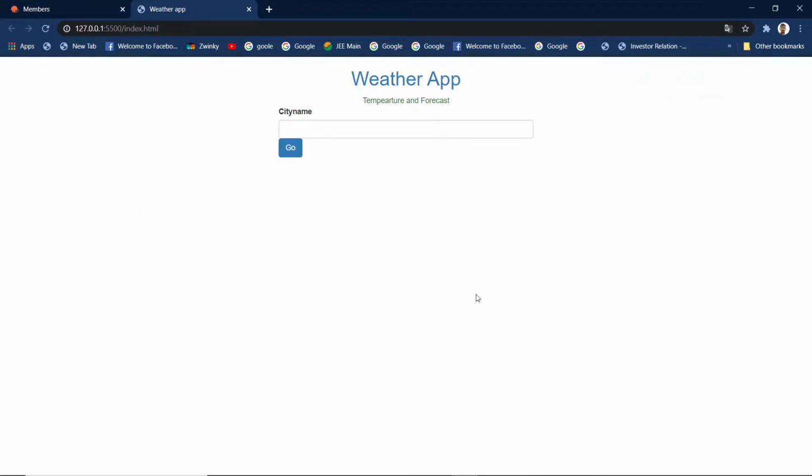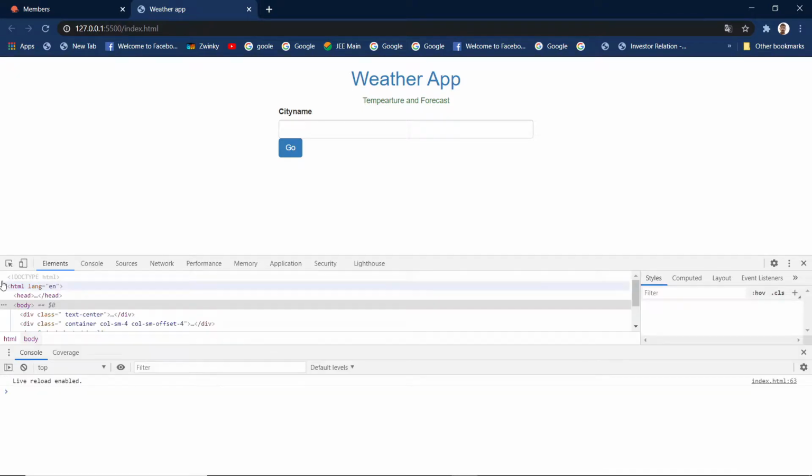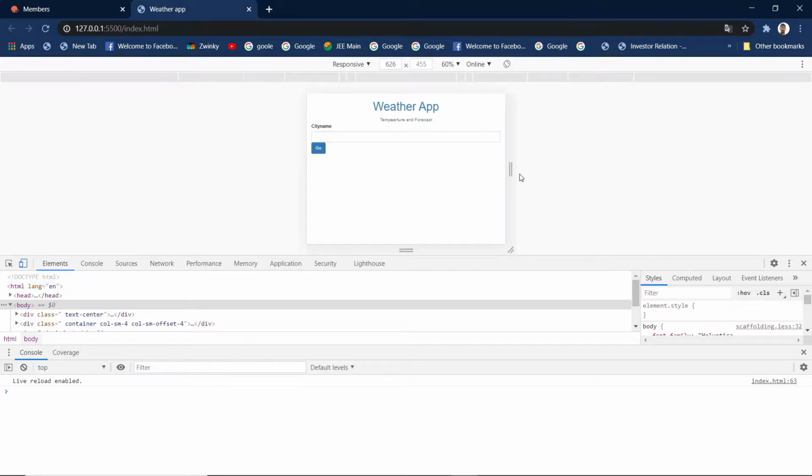Now this is how it looks, and this is the response. If you could see, it responds, right? When the screen size is changing, the input box, the heading and the submit button are all changing. You could see when we go onto the large screen, they came into the center. Now this is responsive because we have used Bootstrap.